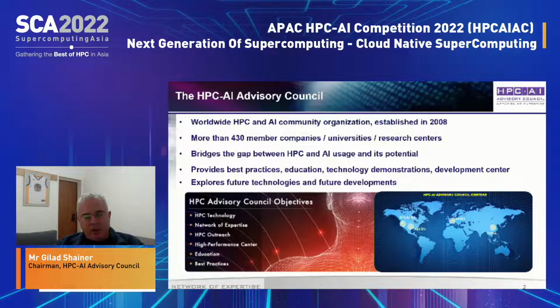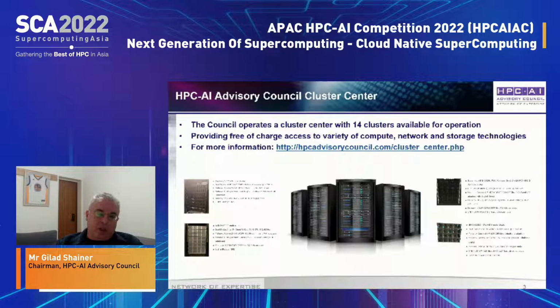Those members contribute, donate from their time, from their capabilities, in order to form collaborations and help bridge the gap between technology capabilities and knowledge. The council is managing multiple activities under this mission, which includes